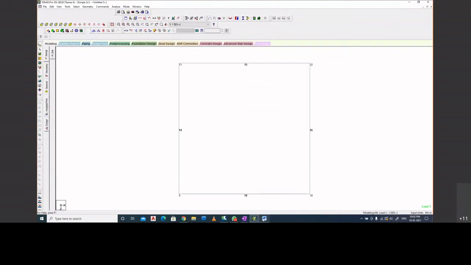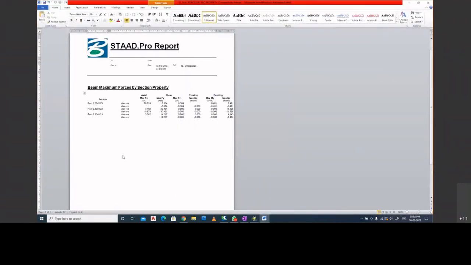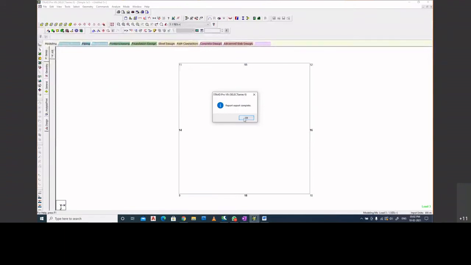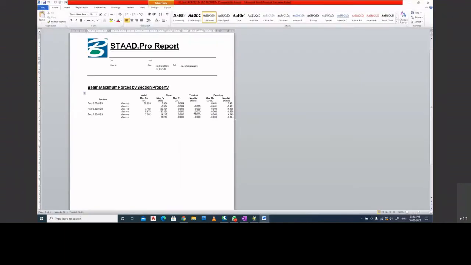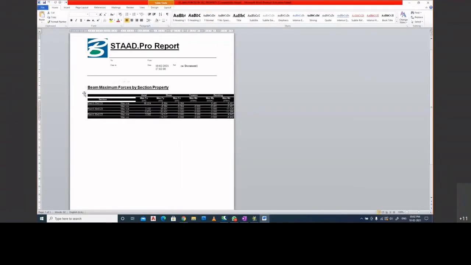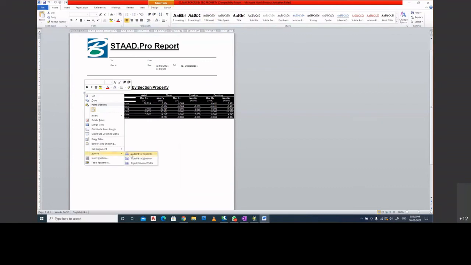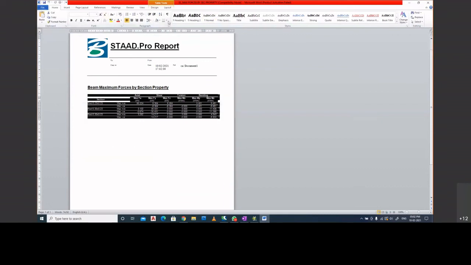Okay, so you see they are developing during the time when these forces are getting developed. You should not disturb it. After you click on OK, only then you can come over here, and I'll very quickly teach you how you can adjust it. Right click, adjust to fit to window, just click over here, ask for borders, all borders. This way, if you wish to increase its font, you can very conveniently do it. Okay, fine, that is all.